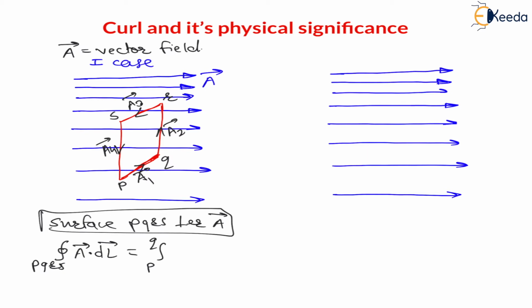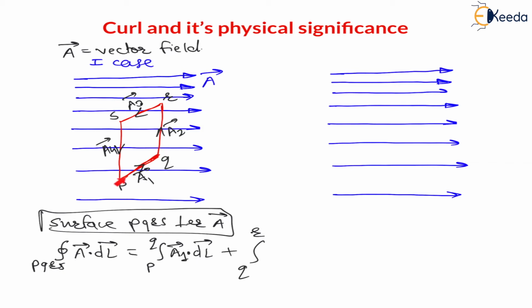Don't worry about that. Now here, can I write this will be A dot dl, right? Therefore, A1 dot dl, right? Plus integration, here PQ we have calculated, QR then calculate. QR, here Q to R, we have to go for the line Q to R, right? Because P to Q is complete one line. It is having same direction. Direction is also not changing.